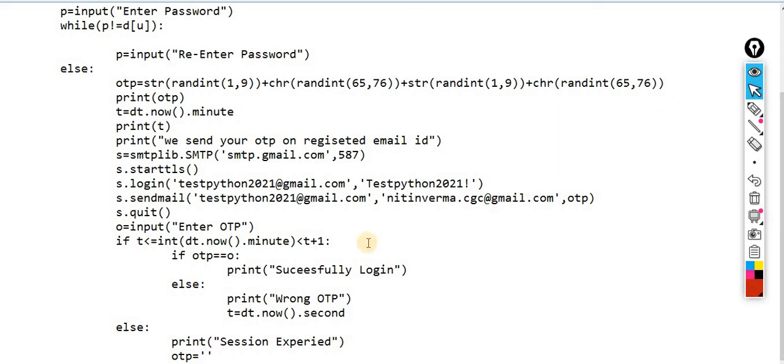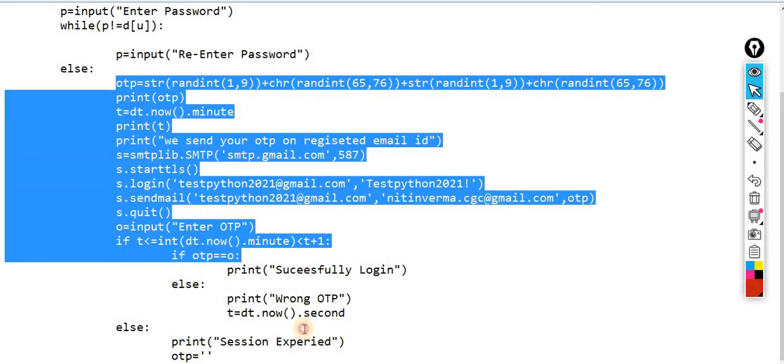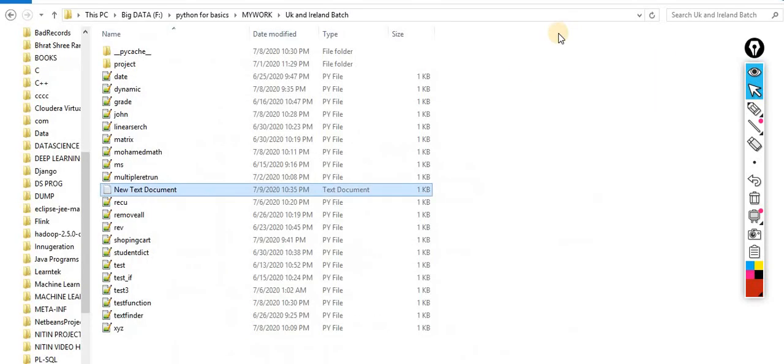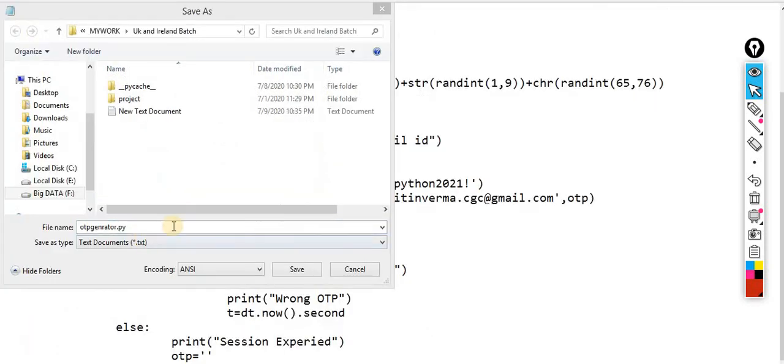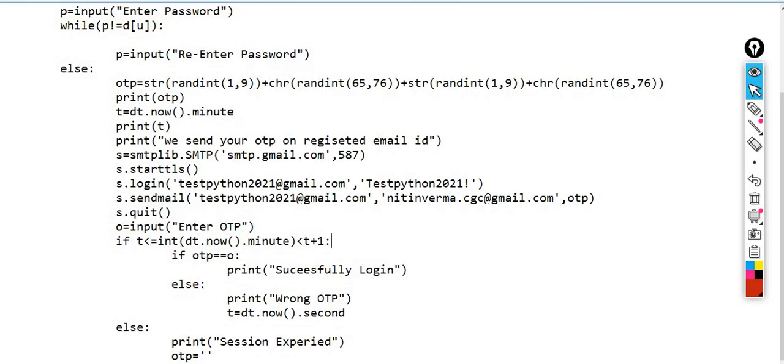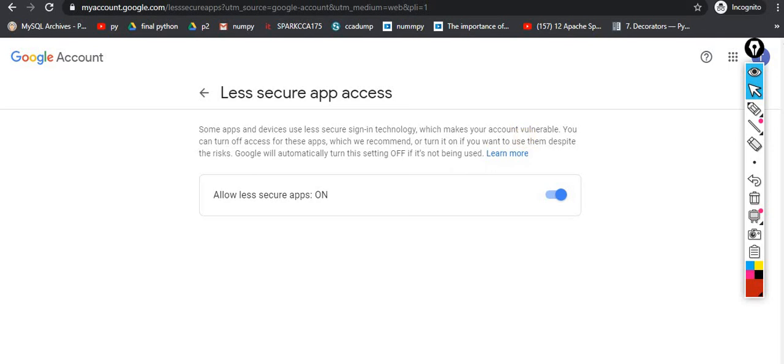Okay, I think the overall picture is clear. This is the new code for you guys. The rest of the code was exactly the same as what we did in the string section. So let me run it. Prior to running it, what exactly do you have to do? So I am saving OTP generator.py, done, and then you have to run this code.